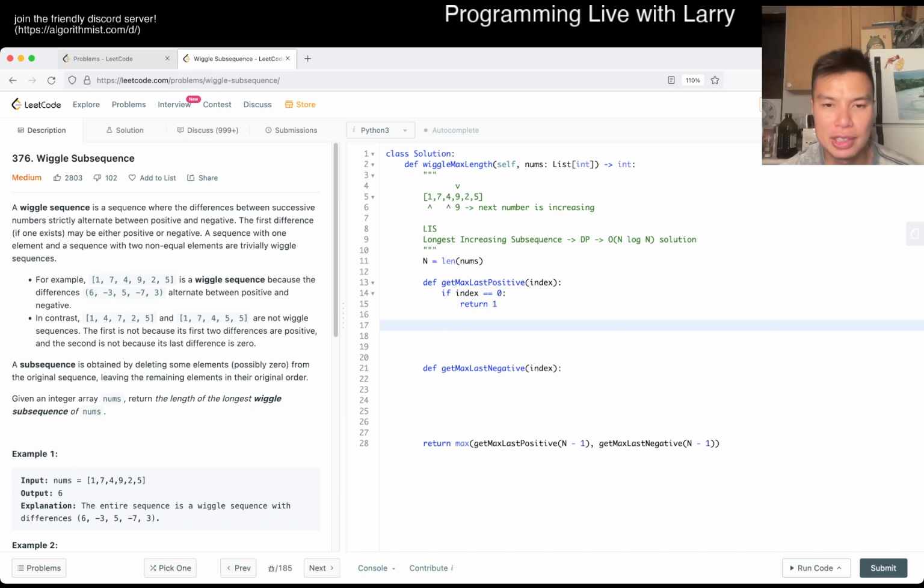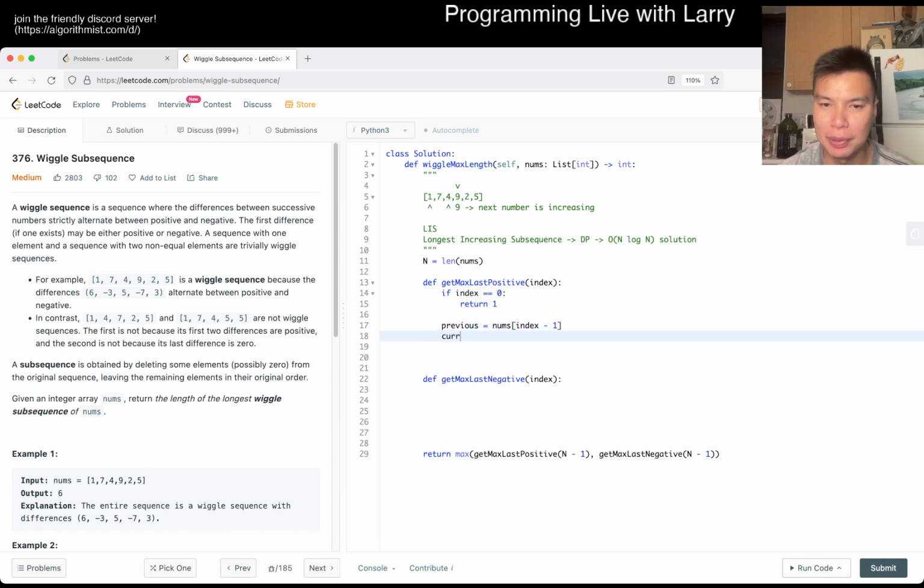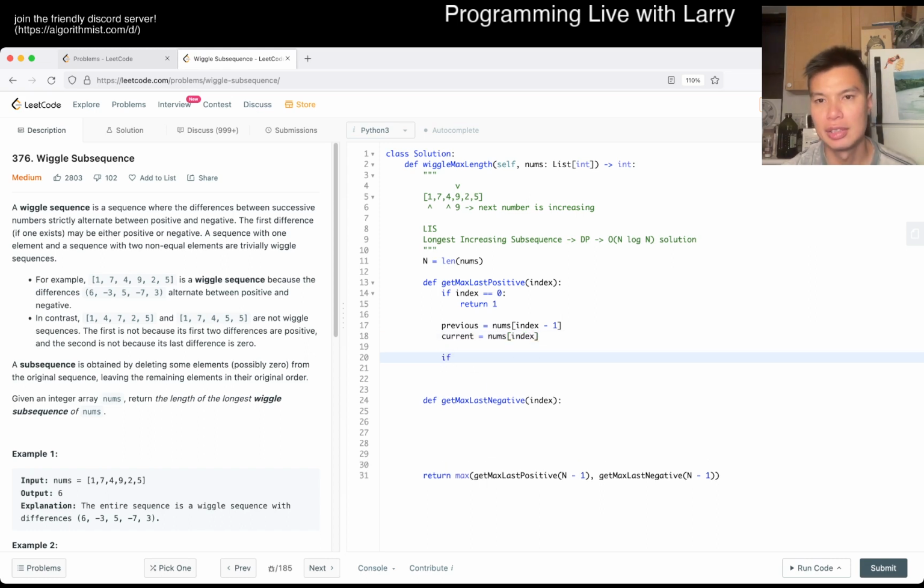So there are only two scenarios, right? So basically we have two numbers, right? So the previous number is equal to nums sub index minus 1, say, and the current number is equal to nums sub index. And then now if the current number is